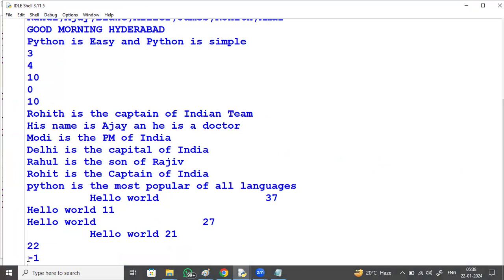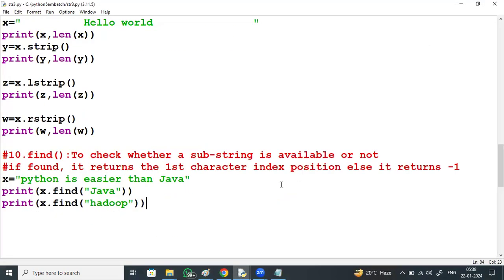If not available, it returns -1. That is how to check whether the substring is available or not.